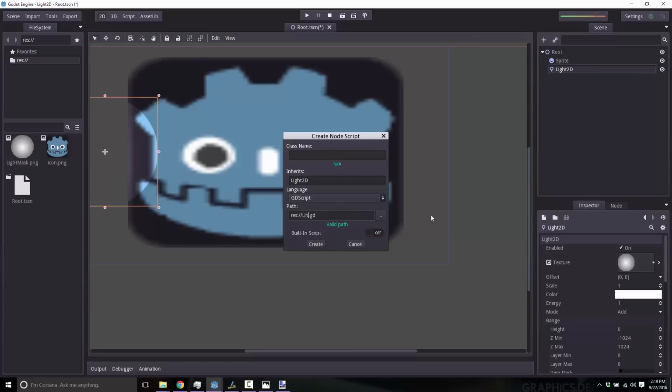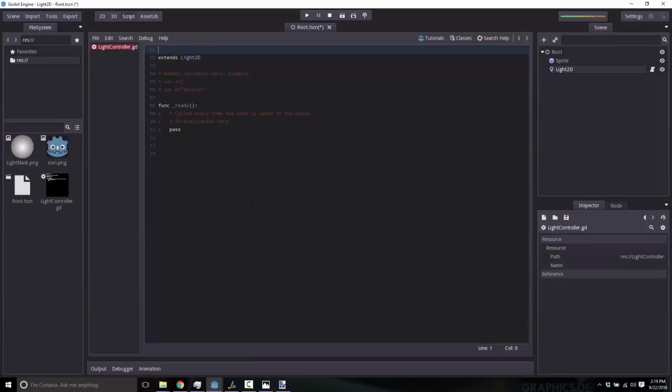We will call the light controller. And I'm just going to do a really simple script that responds to key presses and moves it around. So first delete what we got and set process input is true. And then here func input, and just if event.type equals event_type.key. So if a key is pressed, if that event.scan code